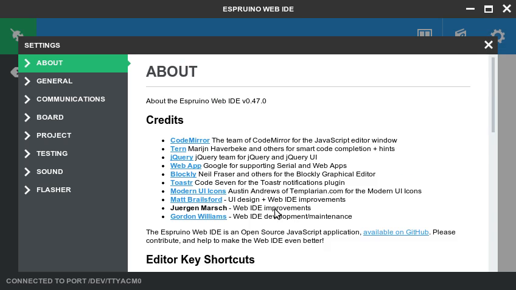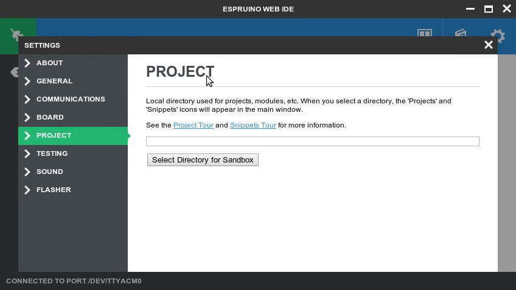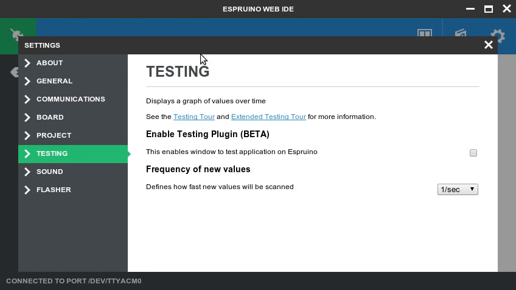Now, as well as all that, we've also got a slightly updated project system. The project system allows you to define a directory on your local hard disk, and that directory can contain modules, it can contain source code, and also it can contain code snippets that you can use in the terminal on the left. We've got the tours here that will walk you through how to set it up and how to use it as well. It's still a little bit beta at the moment,